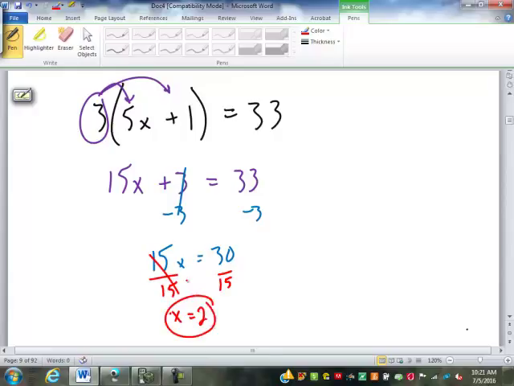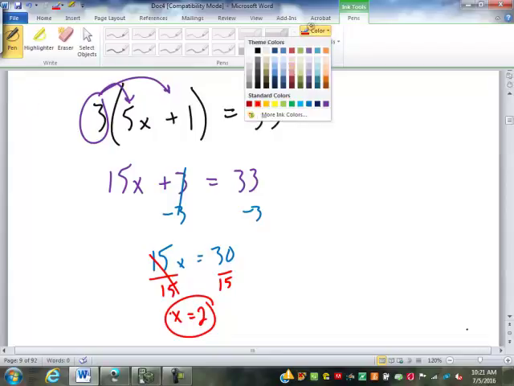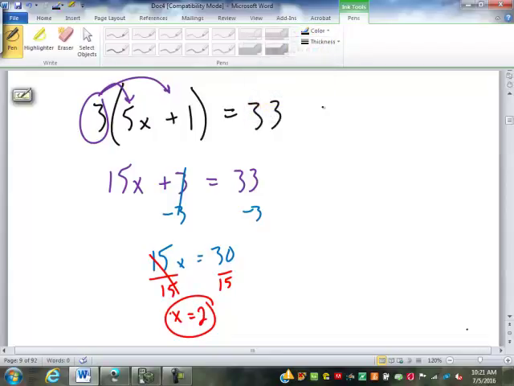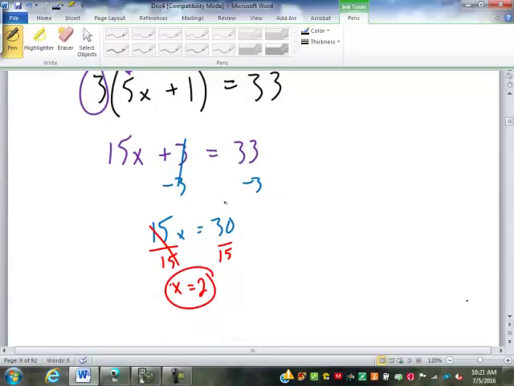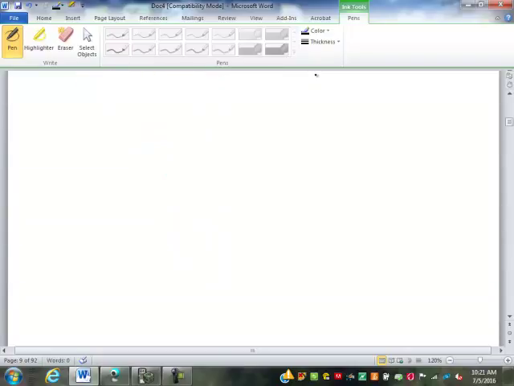How many of you had that? Okay, any questions? Just need a little more time? Yeah. Okay, so we said that here again, you could have just divided by 3 and got 5x plus 1 equals 11, and it would have worked. But we said some of them don't work like that. For example,